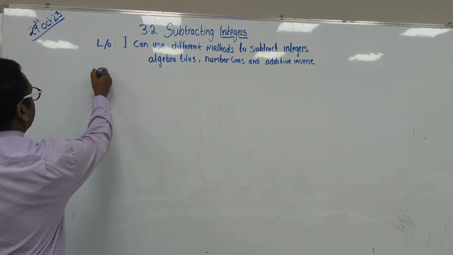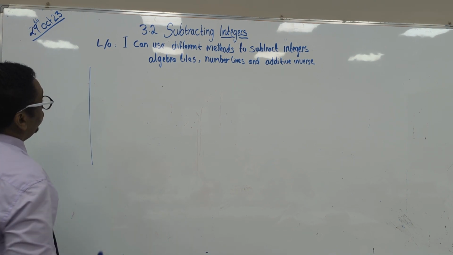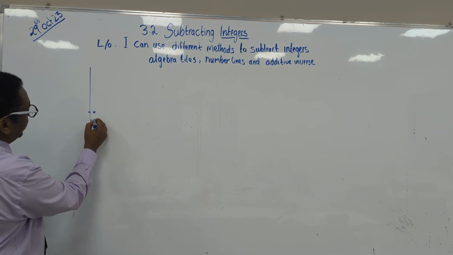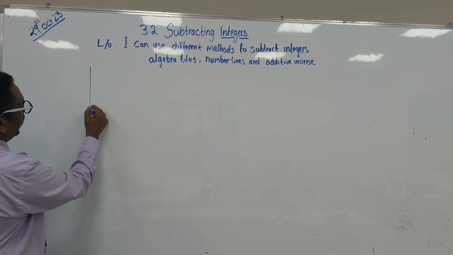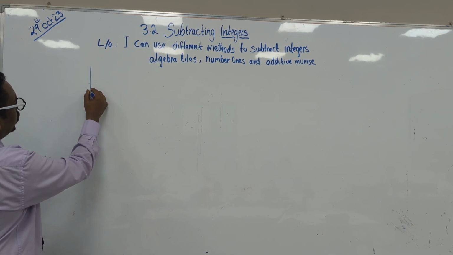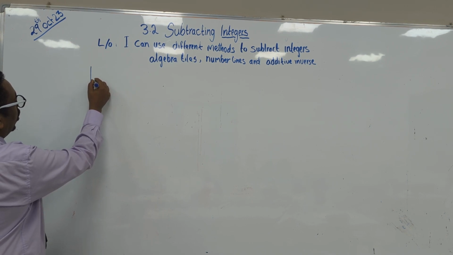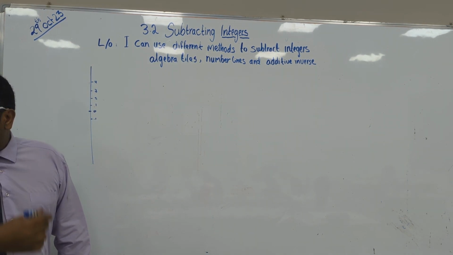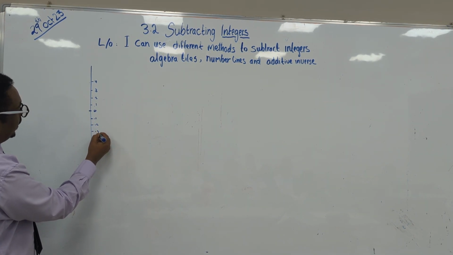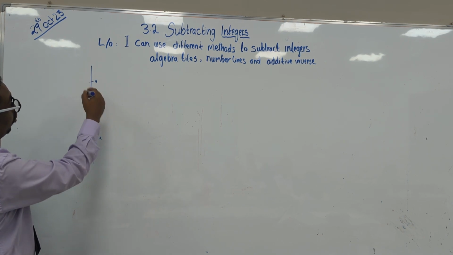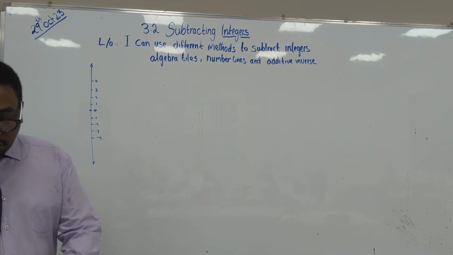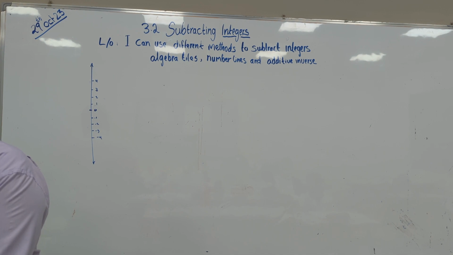So if we have a line like this, let's use our first example. Say this is 0, and we have 1 here. Positive 1, 2, 3, 4, and so on. And on the other side, we'll have negative 1, negative 2, negative 3, negative 4, and so on. And remember, those lines can go forever. So the first example we're going to use is